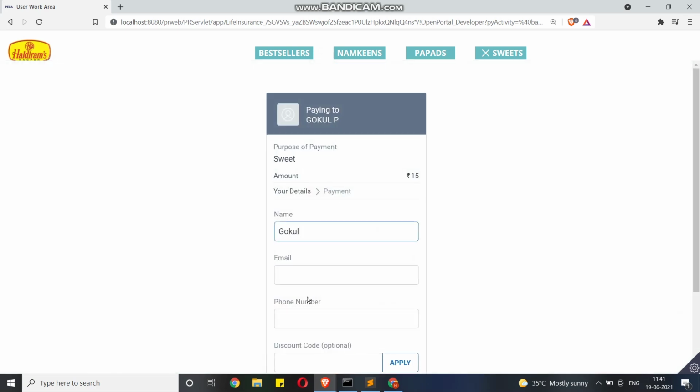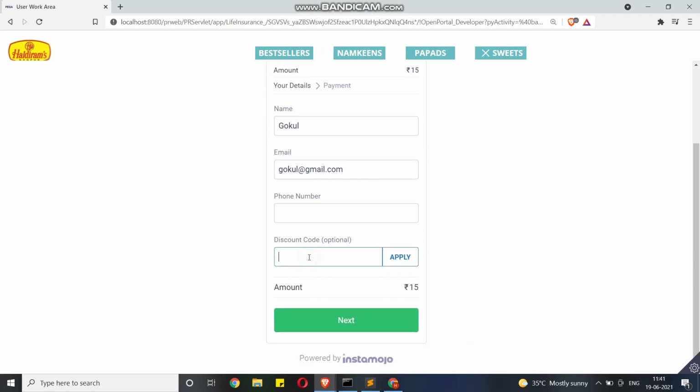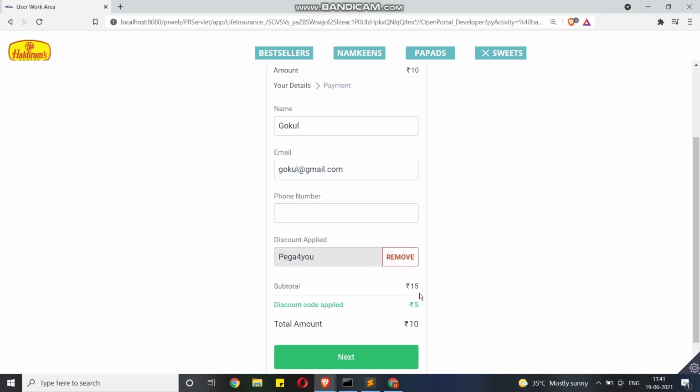In the payments page, we have also added a special feature in which the user can enter a discount code readily available, given by the website. While entering the discount code, the price of the given product will get discounted, and this is one of the features which has been enabled and used here.